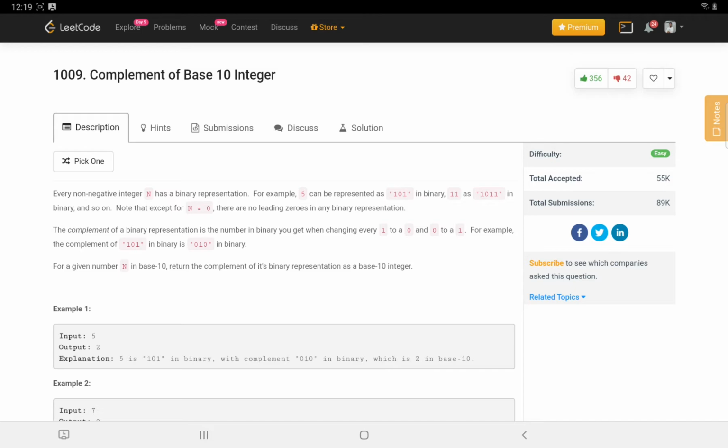Okay, so if you see the example also, you can see that our input is 5, so we are just converting the 5 to 101. That's the binary representation of 5. Then we are complementing it. Basically we are flipping the bits. So suppose if it is 1, then we will take 0, and if it is 0, then we will take 1, right? After flipping the bits, it will look like this, 0 1 0. Then we are converting that number to a decimal number, or base 10. Then we need to return the same. Okay, so this is the problem statement.